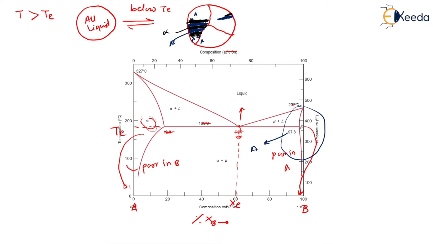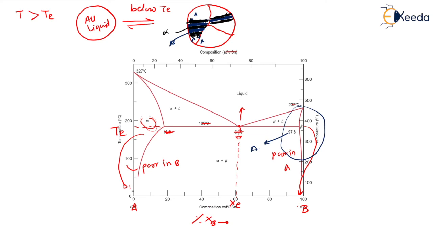When it is growing, it rejects all the A, so the surrounding medium is now rich in A. So somehow there will be the nucleation of alpha, isn't it? From the sides, alpha is getting nucleated and getting bigger and bigger, it is growing. When it is growing, it will again reject all the B, so again from the surrounding the beta starts nucleating. Like this, dear students, we will get layer by layer structures of alpha and beta, alpha and beta, alpha and beta.